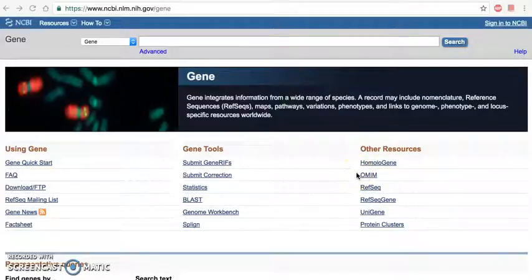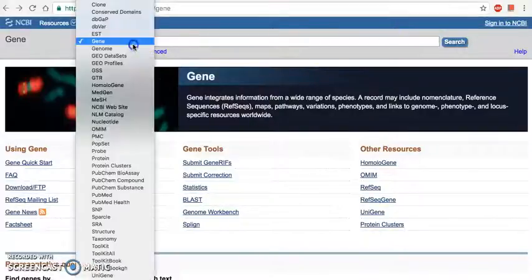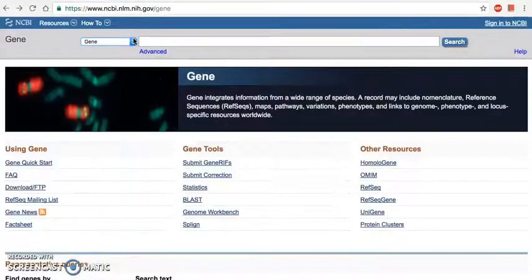Hi everybody. So today we're going to be looking at the NCBI gene database. This is a very important database because it can provide us with lots of information about various genes. And we can access these genes by choosing it from the drop-down menu. So we just go over here and click the gene option. And the gene that we're going to be looking at today is called the HTR2A gene, and it's associated with